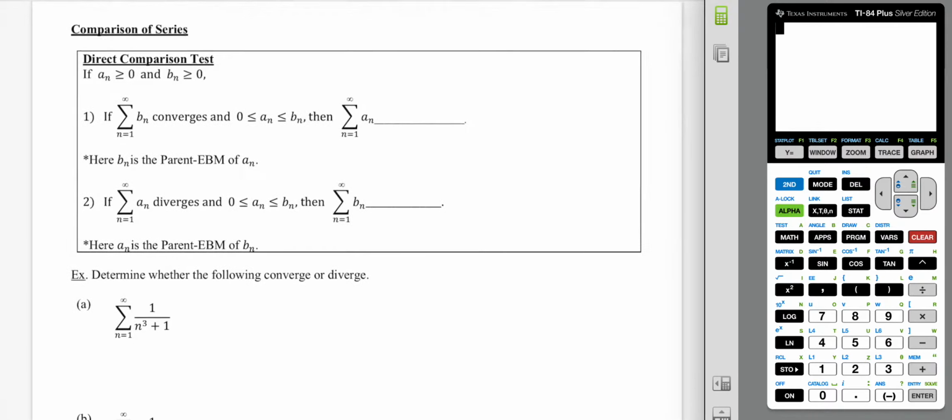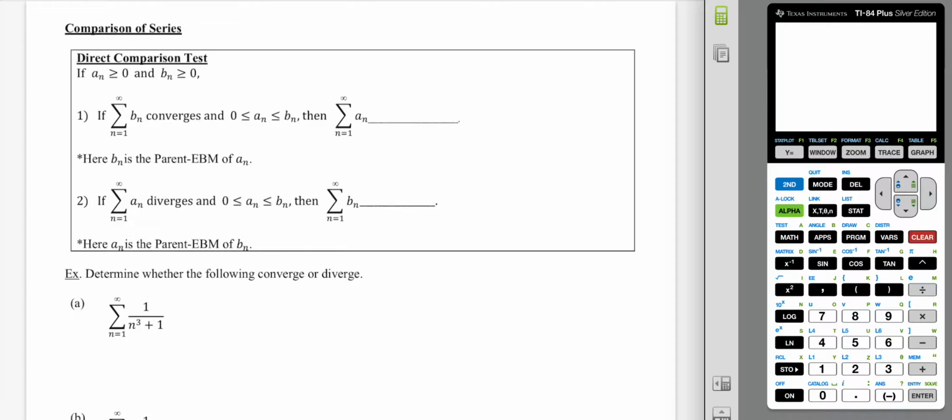p76, I'm going to talk about comparison of series, specifically the direct comparison test. Right? We'll get into what some of this terminology means, but I'll just read the rules first. If the series b sub n going from 1 to infinity converges and a sub n is between 0 and b sub n, then it would make sense that a sub n, if it's very much like the sandwich theorem or the squeeze theorem, would also converge, because if the b sub n is converging,